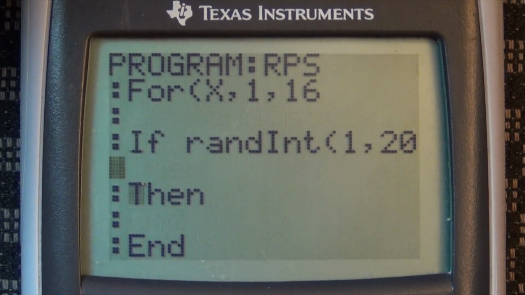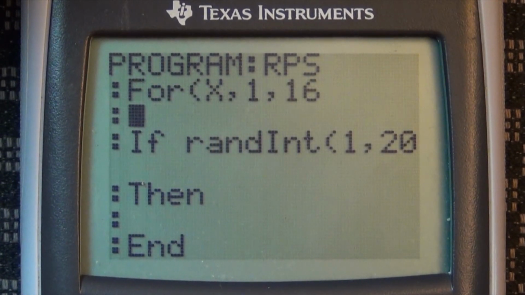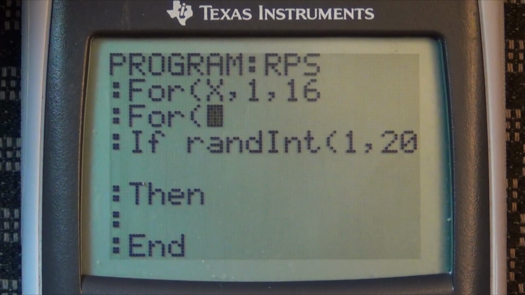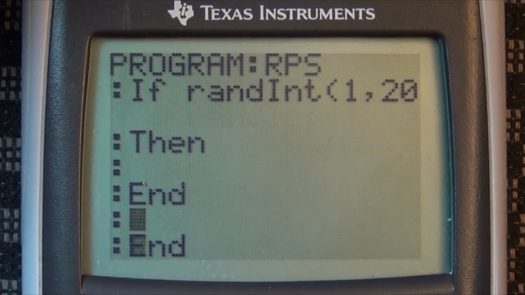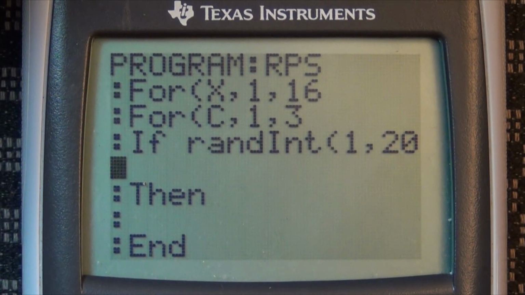Okay, and then what I'm going to do is put this inside of a loop. So we're going to loop through the 3 different colors. I'm going to say C is 1 to 3. And for each of the 3 colors, I'm going to check to see if there's like a 1 in 20